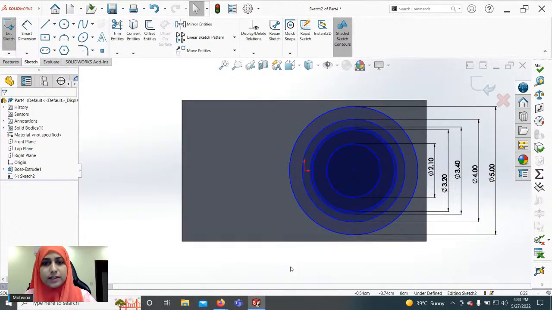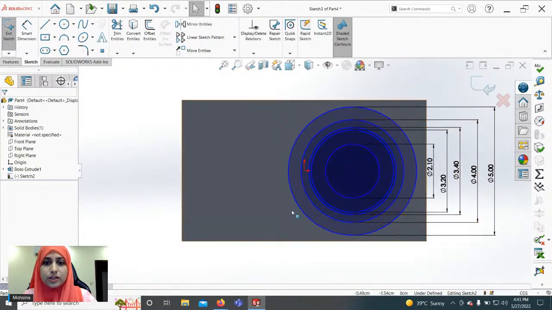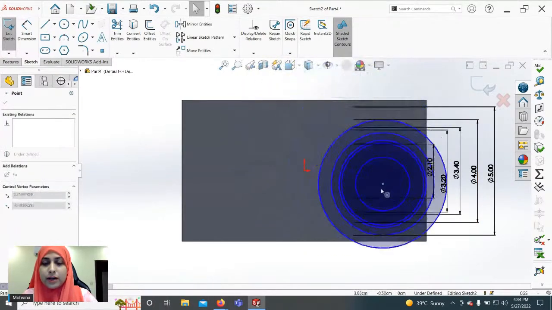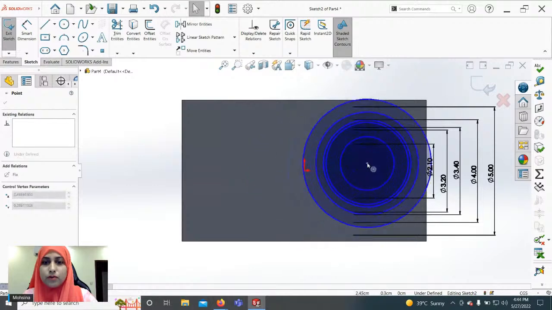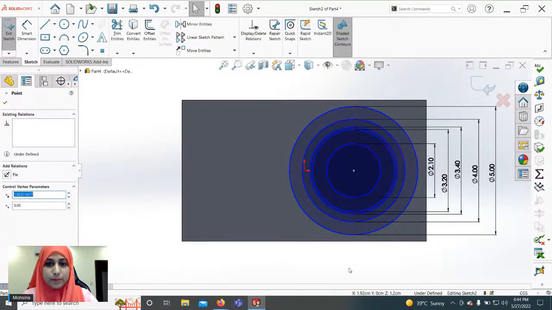But you might have seen that this sketch does not need to be created on origin. It needs to be created from somewhere else. So what should we do? You can also notice that this sketch is blue in color, which means that it is underdefined. At the bottom tab here, I'm hovering over it. You can see the status of the sketch says underdefined, which means that the sketch is not defined. If I try to move it around, the circles can move anywhere. But this is not what we want. We want them to stay at their place.